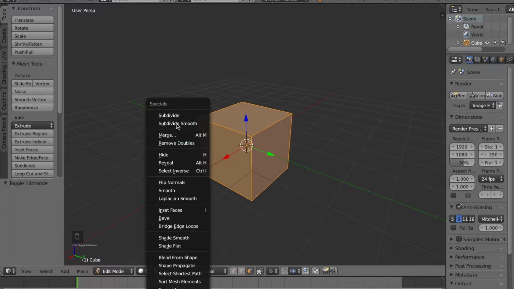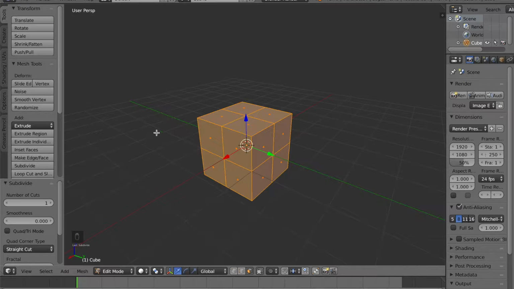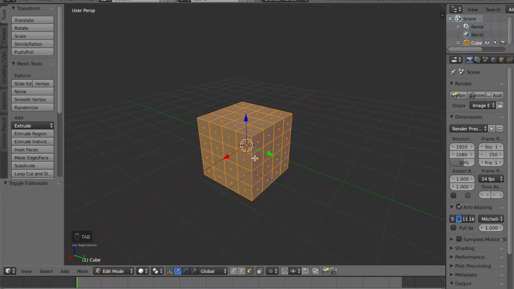For example, you might want to subdivide. And if you click here, it's going to pull up the subdivide menu, and you can change the number of cuts. You can see it brings up all the different cuts, 1 time or 2 times, 3 times, so on. Also, if we're on an object like so, we can press the Z key and it will bring us